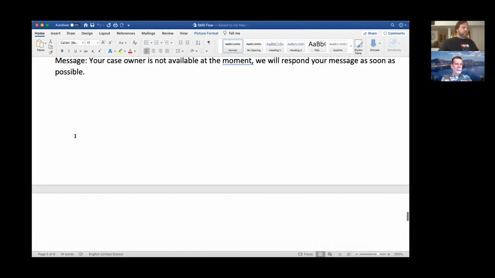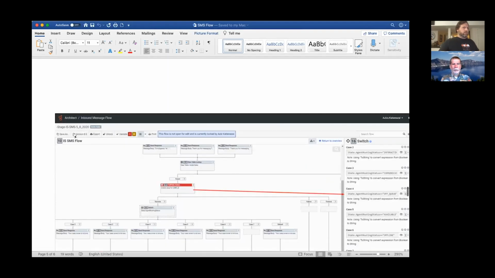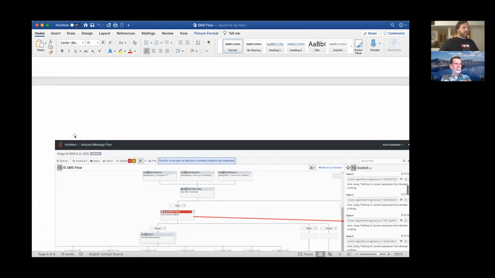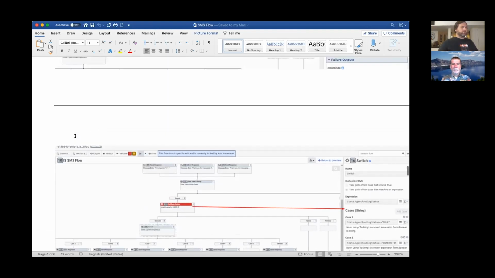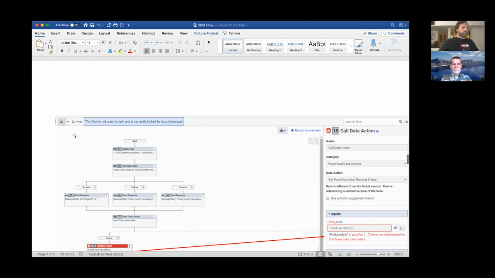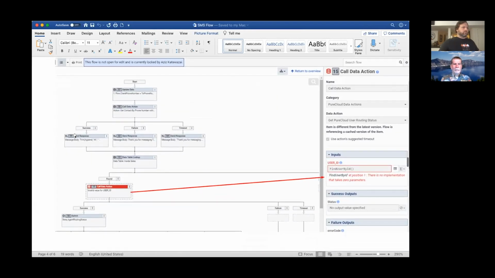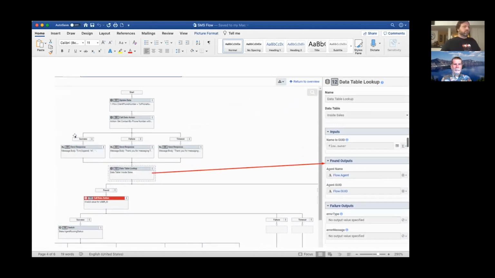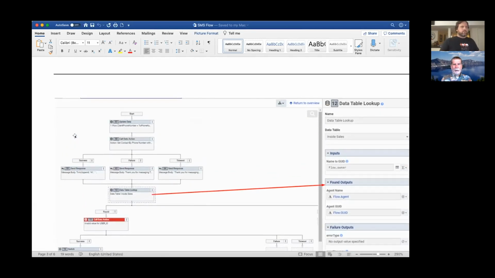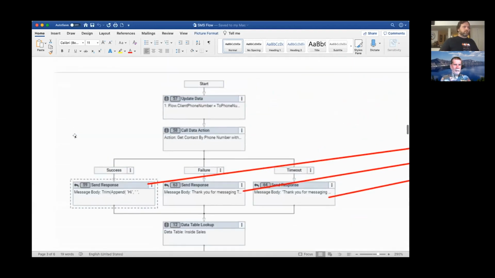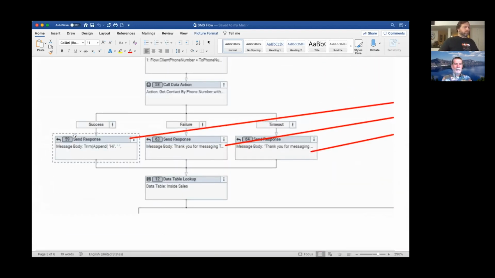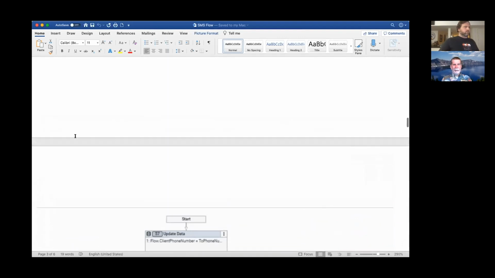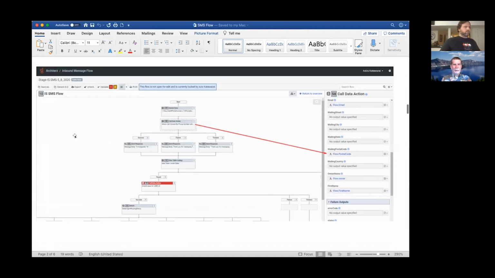Actually, Melissa Bailey could probably answer more quickly on the community because she knows all this stuff off the top of her head. But it may be that we're hitting the limit of only one send response allowed per SMS flow. I'm not positive on that, but I think on the email side and maybe on the messages side, you may be limited to just one send response during the flow.